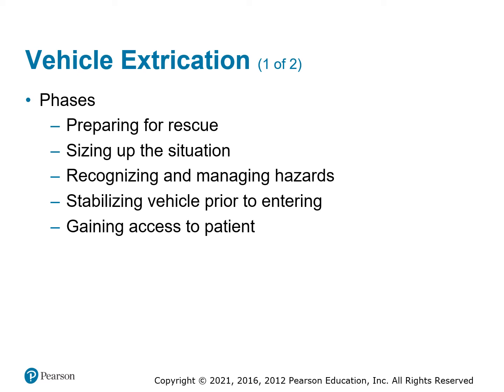So kind of the phases that you go through with vehicle extrication: you got to prepare, you got to pre-plan, you got to look and figure out what is the safest, quickest, most efficient manner to get this patient extricated out of the vehicle. You need to size up the situation. You need to recognize and manage hazards. So you need to do a 360 of the vehicle and see what hazards there are. You need to stabilize that vehicle